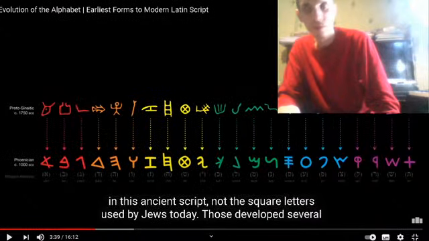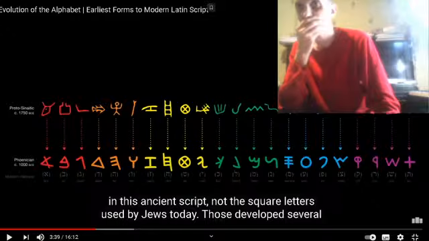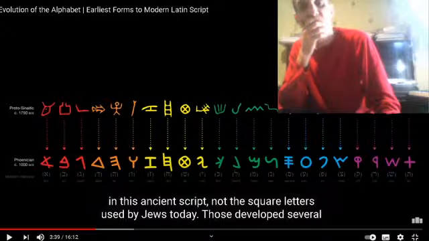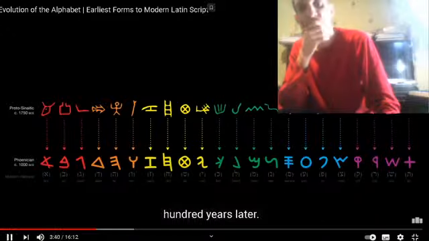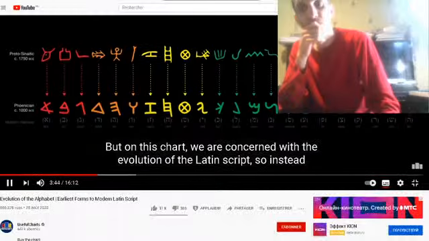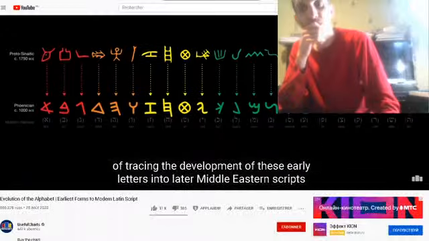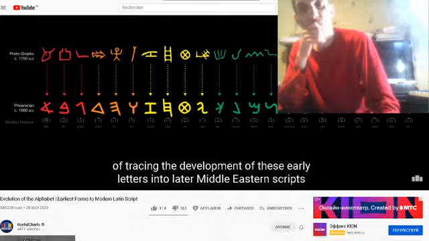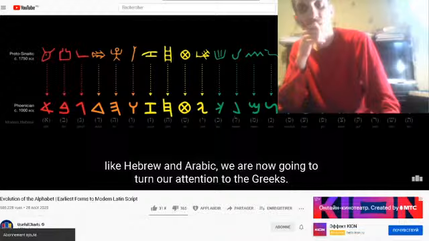Those developed several hundred years later. But on this chart, we are concerned with the evolution of the Latin script. So instead of tracing the development of these early letters into later Middle Eastern scripts, like Hebrew and Arabic, we are now going to turn our attention to the